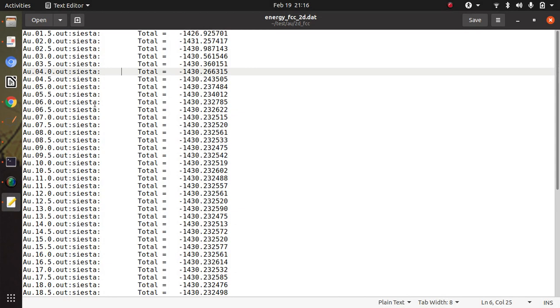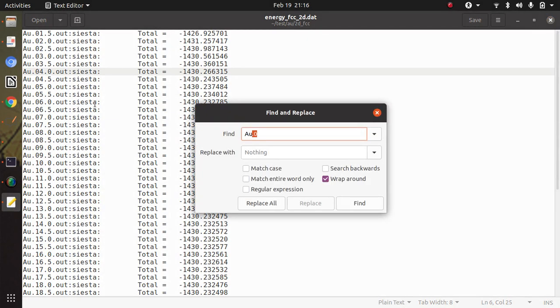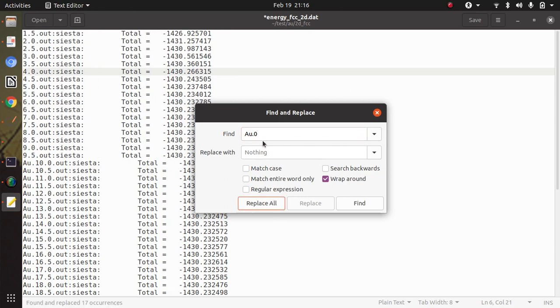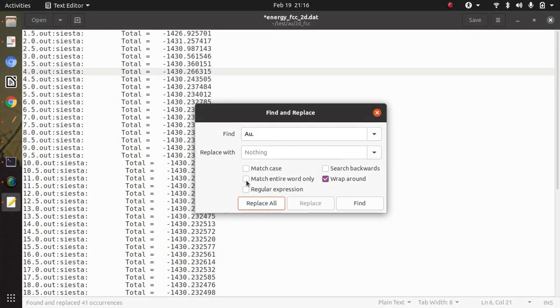I removed the additional flags, or the extra flags. Here I am using the Control H command to open the find and replace window in gedit.